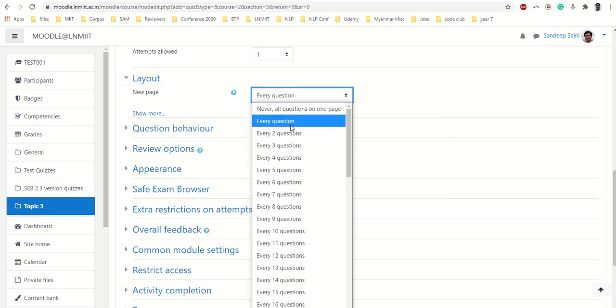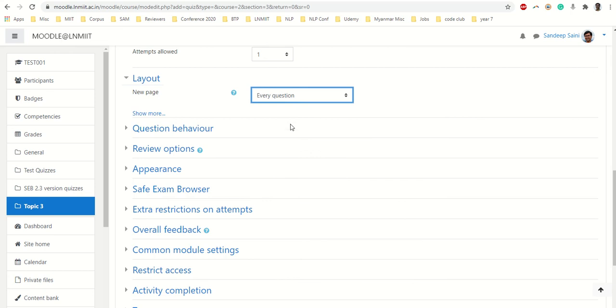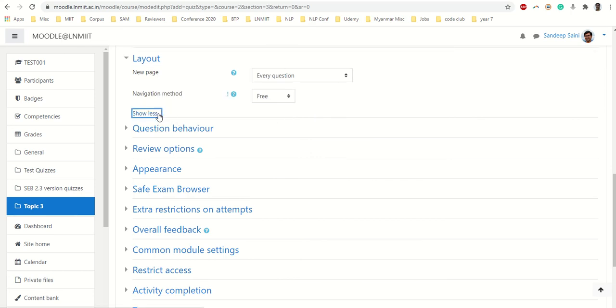But this is all personal choice, anything you can have. There is one more thing, which is the navigation method, which if you click on show more, you will get. And free navigation method means a student can go from one question to any question at any given time. And for mid semester, that should be the type of navigation, and we don't change it, we leave it free.